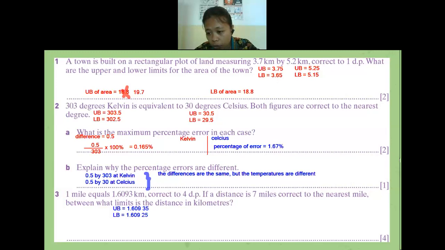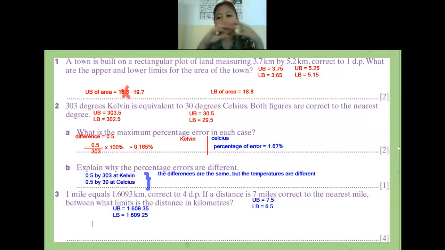I keep reading through the chat. If you have difficulties, you can ask me. Okay, for the bounds of 7, the upper bound first. How many is it? 7.5. Okay, lower bound, please. 6.5. Is there anyone getting difficulties or confused? If no one has difficulties, let us find the distance.